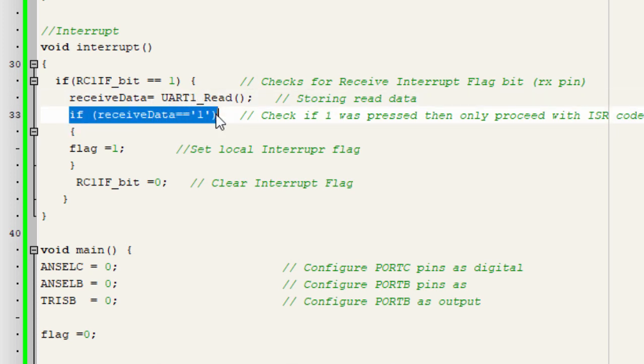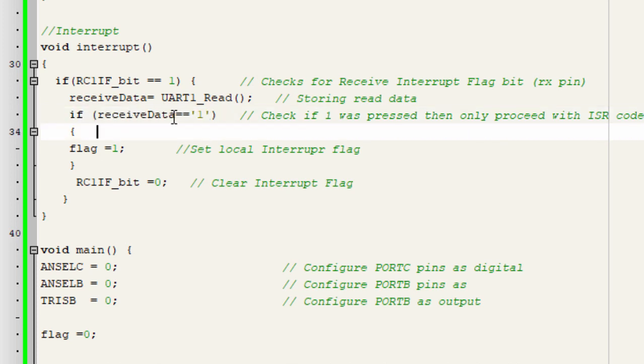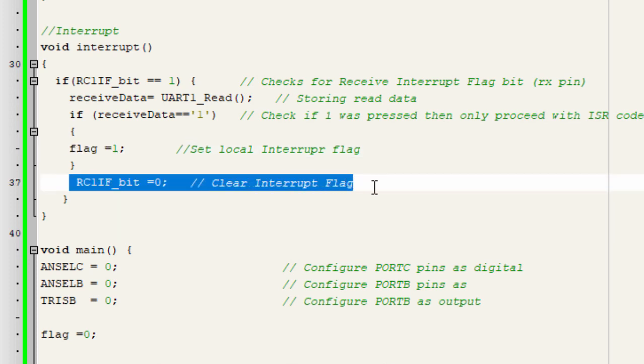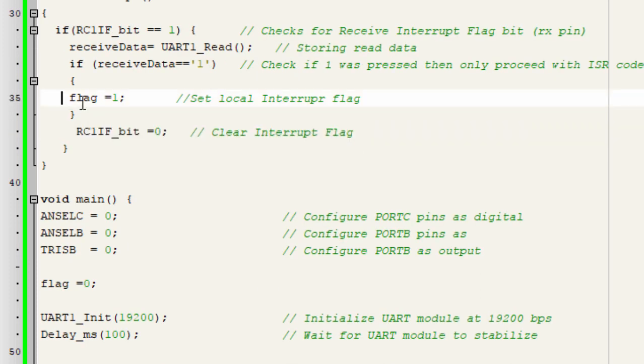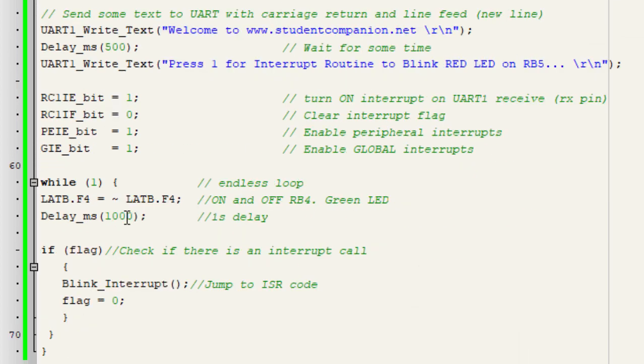Then we're gonna check if 1 was pressed, then only we're gonna proceed with the interrupt service routine code. So if receive data equals to character 1, we're gonna set our local flag variable to 1. Then we're gonna clear the interrupt flag. So once this flag equals to 1, we're gonna jump to the blink interrupt function, which is our interrupt service routine code.